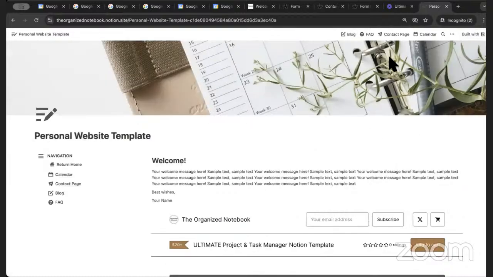So this is basically a very quick tutorial on creating a Notion site. You can do a lot more with this. And we just wanted to also show you a few examples that we have available. But as you can see, there's a lot that can be done, and it's really quite exciting how much you can create with Notion sites. So if we go ahead and go back to our Notion,